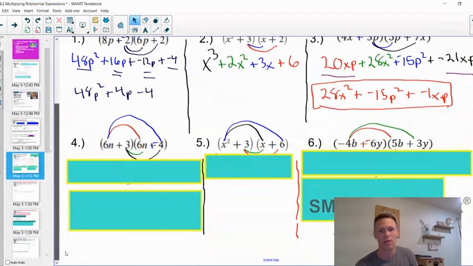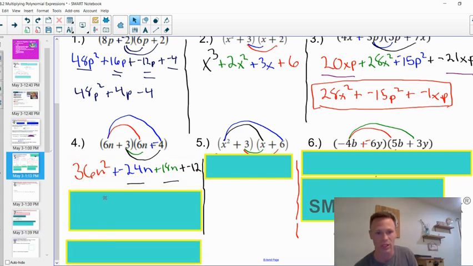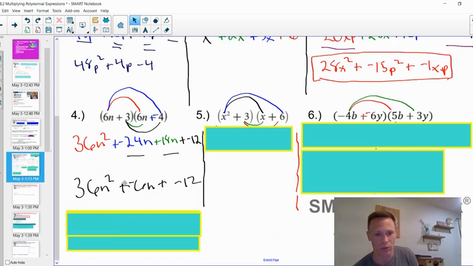All right. The next examples follow the exact same format. So I'm just going to reveal these to you to see what the multiplication looks like, and then reveal the answer. In this one, we combine the like terms, negative 24n plus 18n, to get a negative 6n in the middle. In this one, there was no combining of like terms, so x squared times x is x to the third.